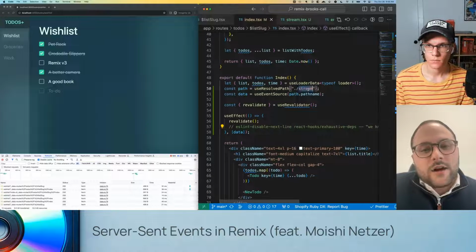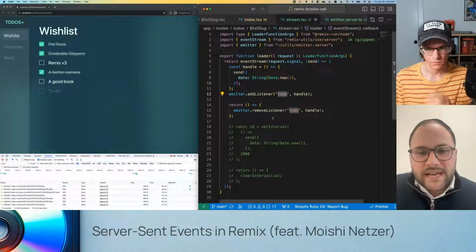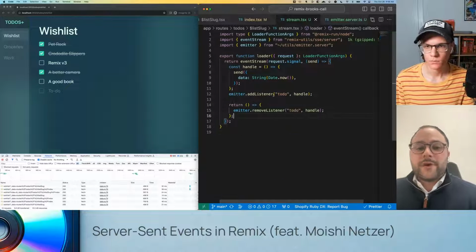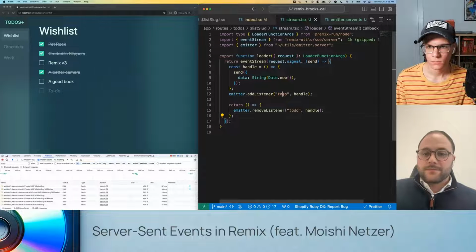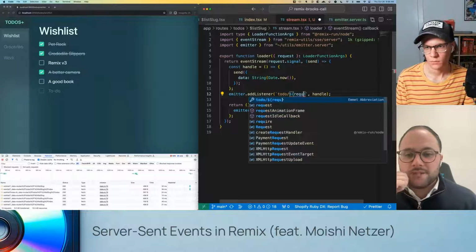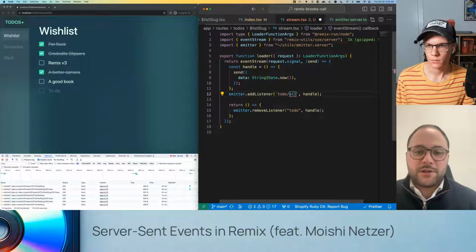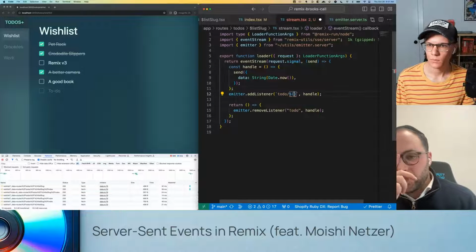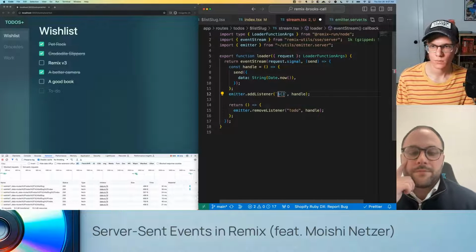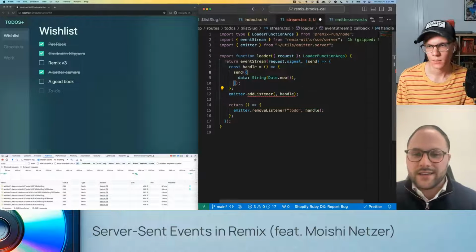So let's go to the event stream. This one? And instead of to-do, let's actually do it to the list slug. Oh, okay, so cool. So it's going to be params. I would just say params. It just needs to be unique. So what we can do is we can get the params from the args. Okay, I see what you're saying. So you don't need none of that. Exactly.